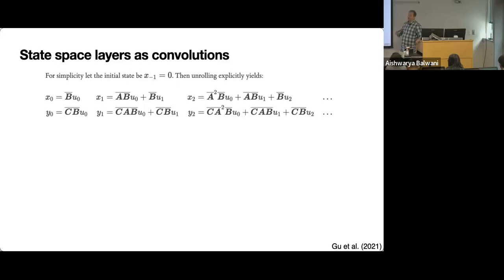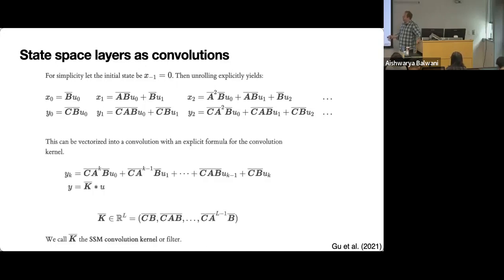And the way you get that is just by expanding out the definitions of these deterministic recursions, as we're seeing here. And once you've written it that way, you can represent the output at time step k as a linear function of all of the inputs up until time step k. And you can represent that as a convolution. And this convolution kernel here is just this repeating pattern of emission matrices times dynamics and input matrices. And this is nice because there's all sorts of fast convolutions built into deep learning libraries. So if we can turn this from a recursive linear system into a convolution, then we can take advantage of those built-in primitives.